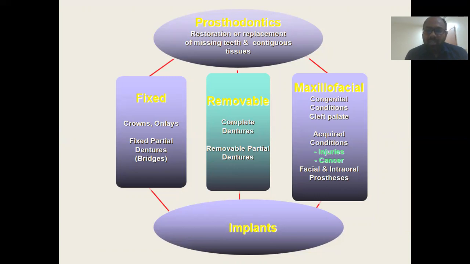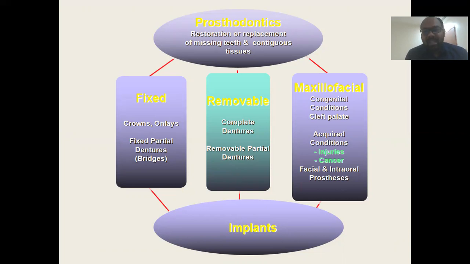And prosthodontics as such has basically three branches. One is fixed prosthodontics, wherein in common terms we would have commonly heard about crowns or bridges, or in prosthodontic terms we call it fixed partial dentures, or an inlay or an onlay. So these are basically prostheses that replace a missing tooth structure or missing teeth and cannot be removed by the patient. It is entirely fixed by means of a cement onto the oral cavity, and it cannot be removed by the patient.